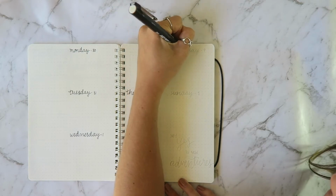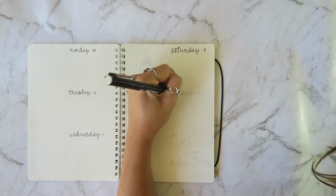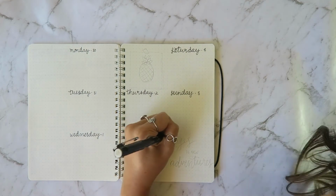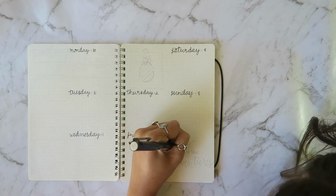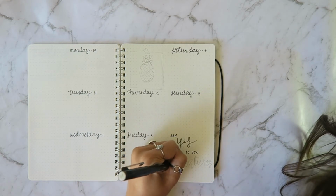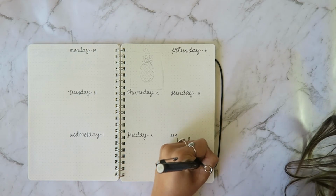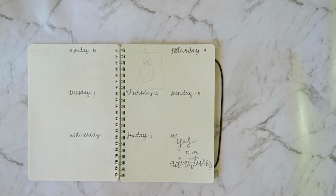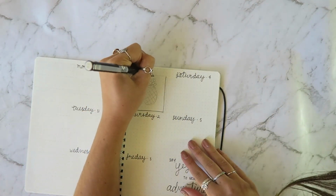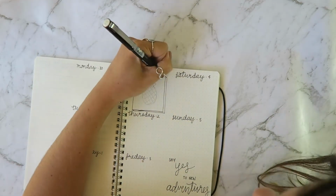So at the bottom I just have this cute little quote that says, "Say yes to new adventures," because I will be traveling and I want to make sure that I get the absolute most out of it. So I thought that quote would just motivate me a little bit. And then also in another one of the spaces, I've just got this cute little drawing of a pineapple because pineapples are super duper easy to draw, and it also goes in with the tropical theme because I'm sure I'm going to be eating lots and lots of pineapples when I'm in Asia. And it's just on this hand-drawn little sticky note that's taped on,